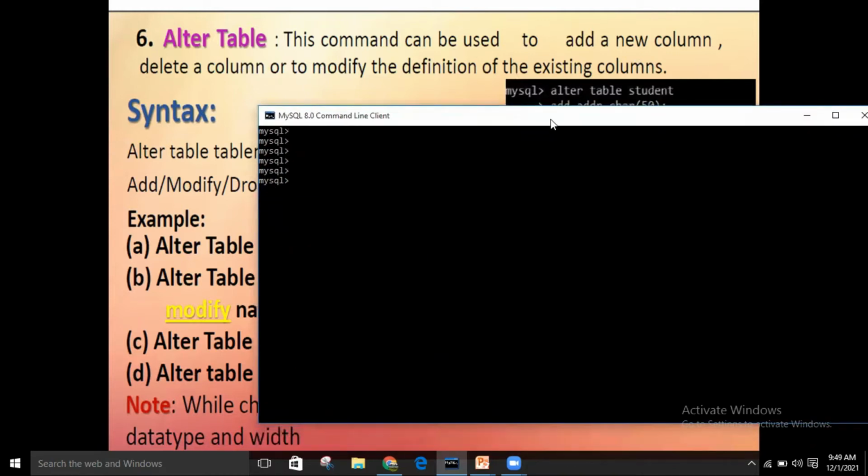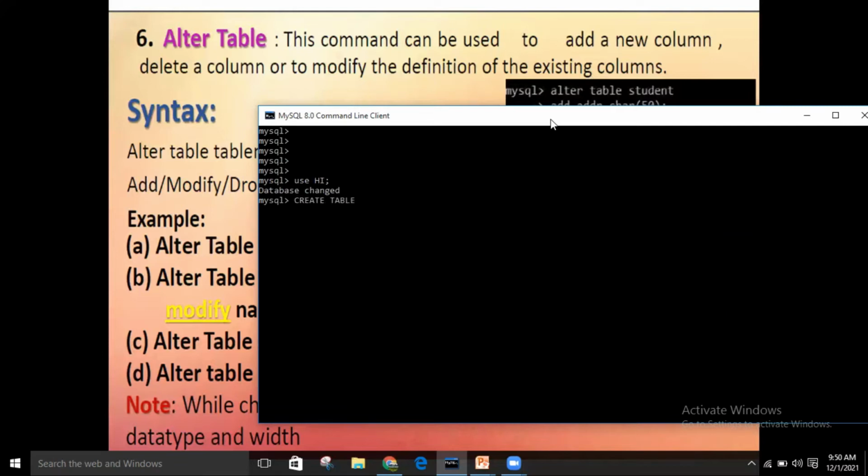So let me first open my database, and we know how to open the database. I had already made my database, I'll name it hi. So let me open my database, that is, use hi. Now the database is changed. Now if you want to create a new table, or if you have an existing table, let me create one also, then it will be just your revision.